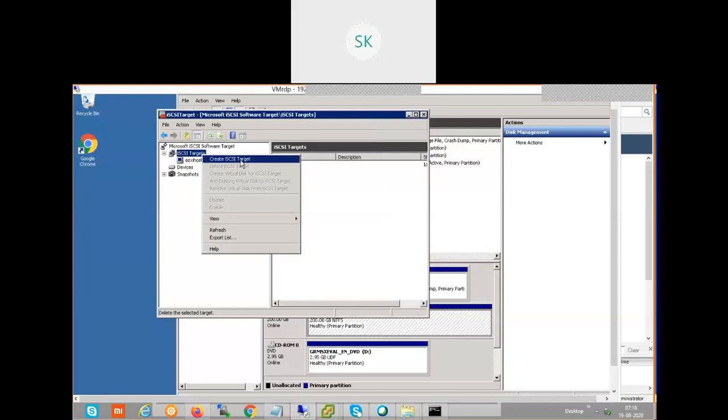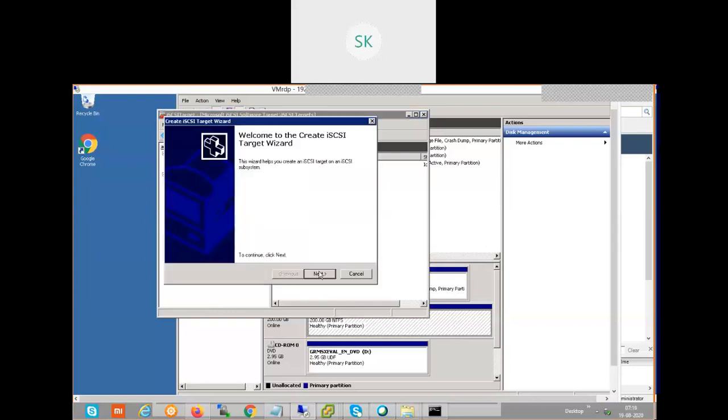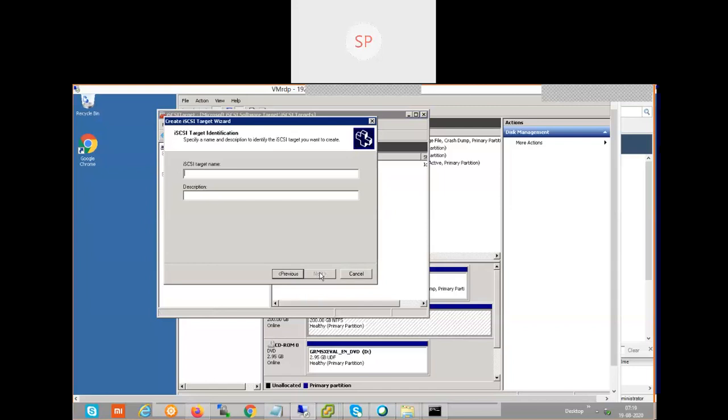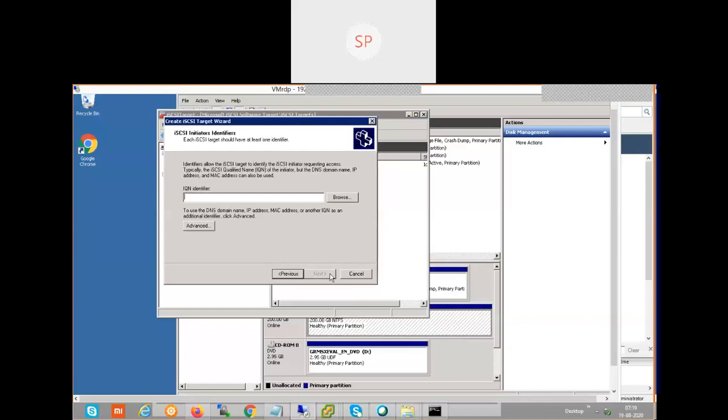Go to Advanced, create a new SCSI target for an individual ESXi host. I'm going to select an individual ESXi host for my ESX1. Type ESX1. Click next. Go to Advanced.